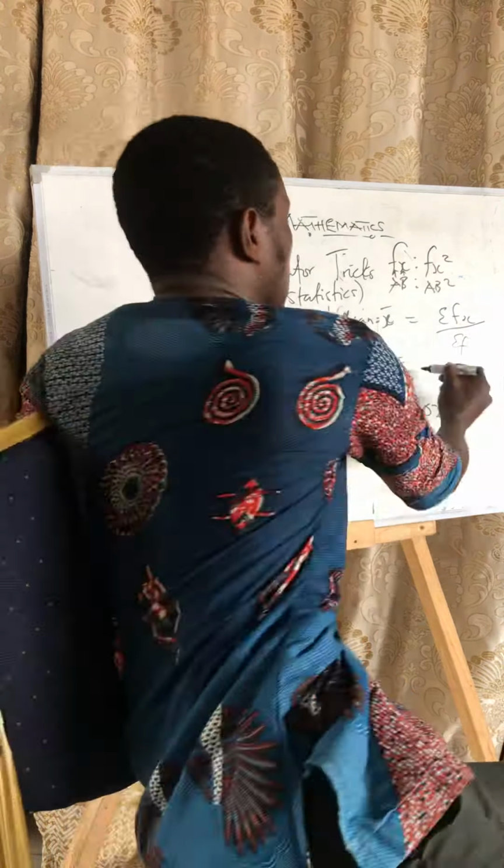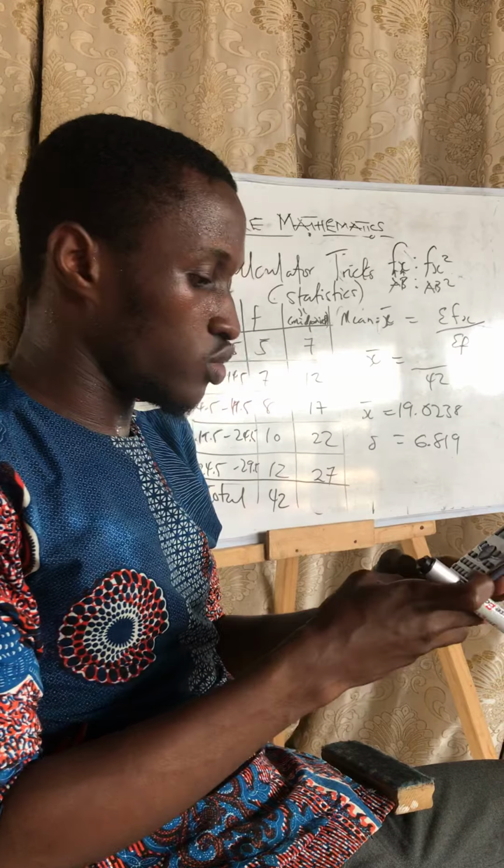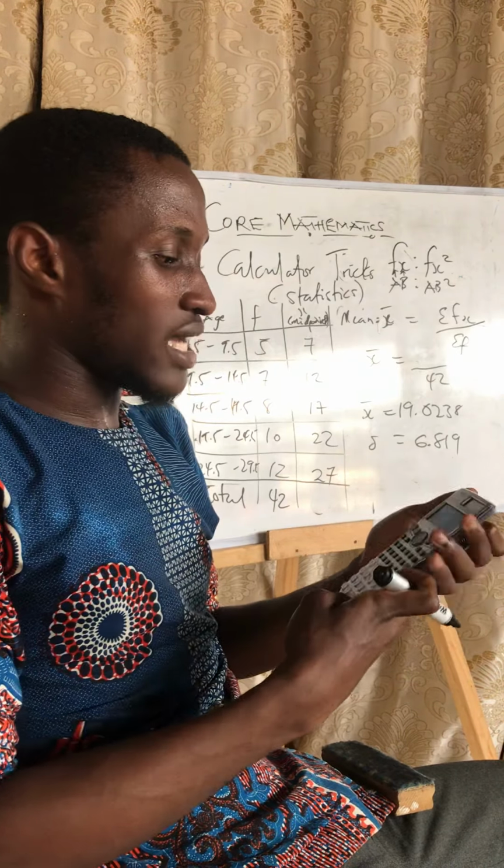When I want to find this one, I just have to multiply through by 42. So it means that when I multiply the 42 by the mean, I should get what is here. The calculator gave me the mean, and I know the sigma f. So I'll just punch 42 times the mean, which is 19.0238. So I'll get